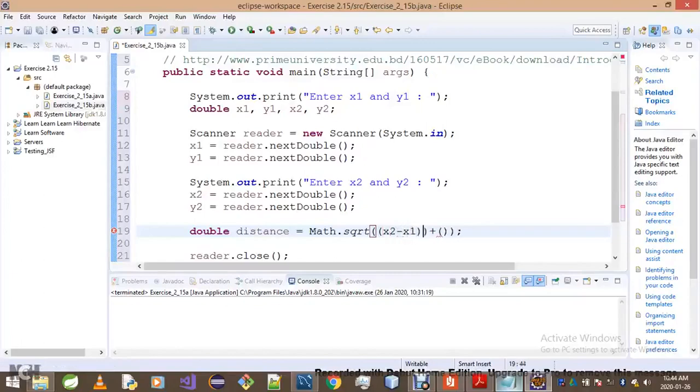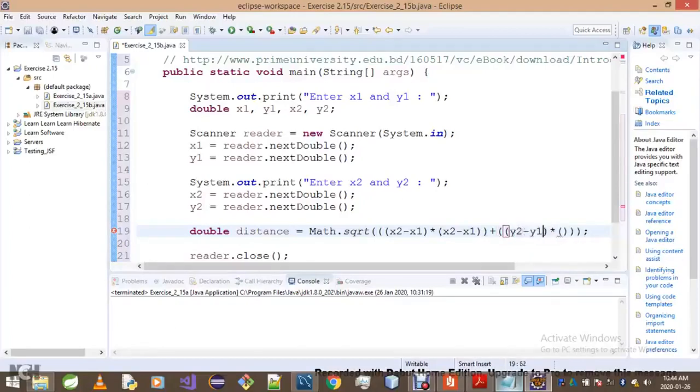In fact, let's put that inside the brackets, because we have this squared. We could of course do this multiplied by that, so this whole thing is equivalent to x2 minus x1, all squared, right? We want to add y2